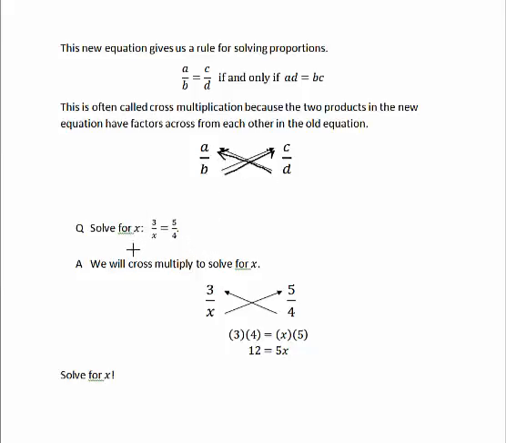Okay, so here we are told that 3 divided by x, which is unknown, is equal to the ratio 5 divided by 4. Well, how do we solve for x? Instead of writing the lowest common denominator on both sides, instead of writing a 4x on both sides, showing that the x's cancel out on the left and the 4's cancel out on the right,